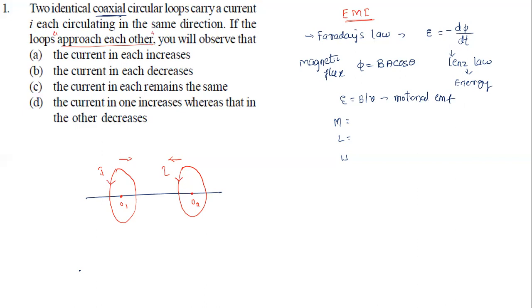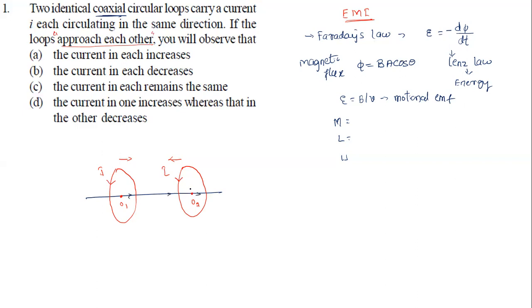What we do in Ampere's rule is hold the current carrying conductor such that the thumb indicates the direction of electric current and the remaining fingers indicate the direction of magnetic field. Now you just reverse it. Now the remaining fingers indicate the direction of current and the thumb indicates the direction of magnetic field. As of now, I have taken it here. So the magnetic field is in this direction.